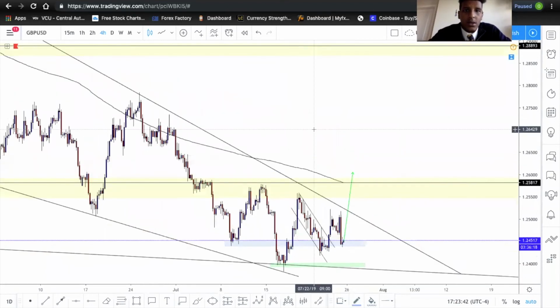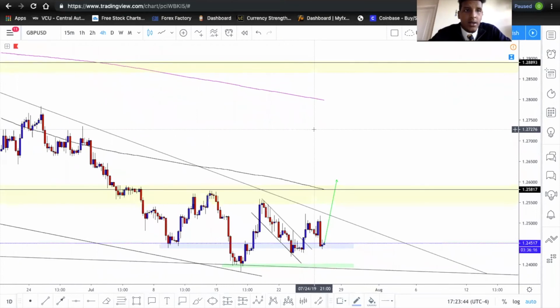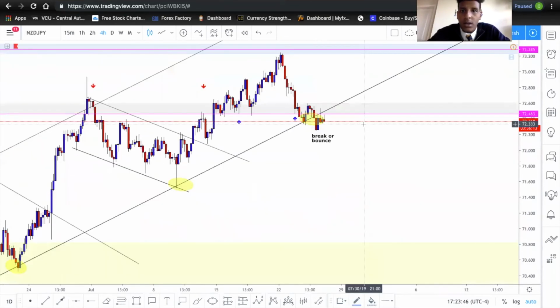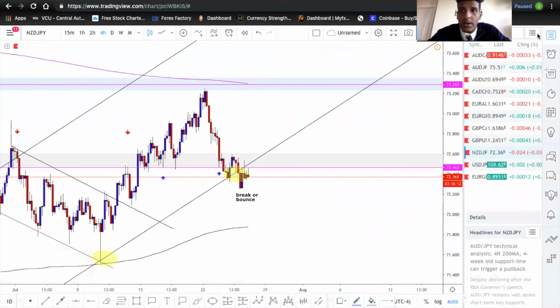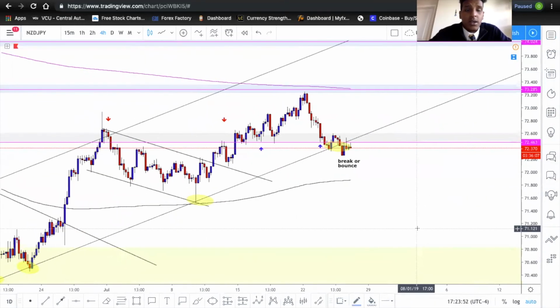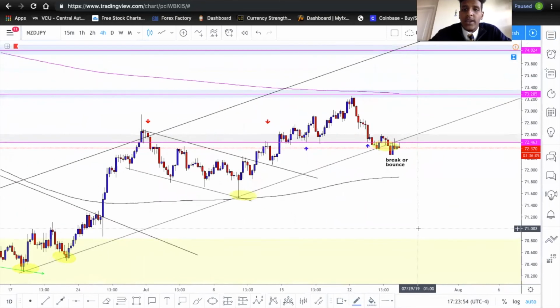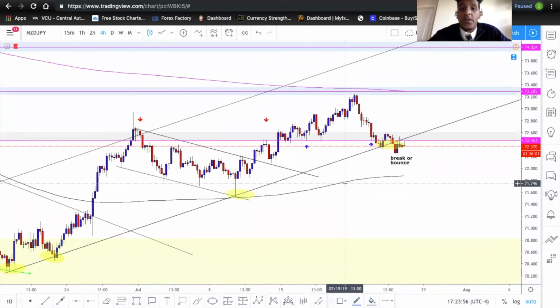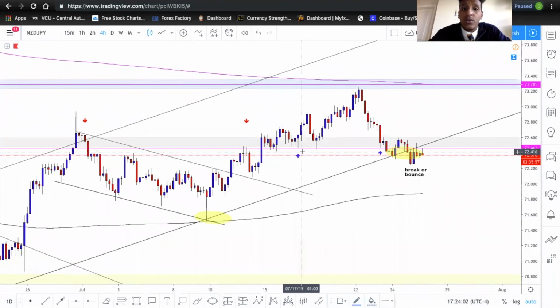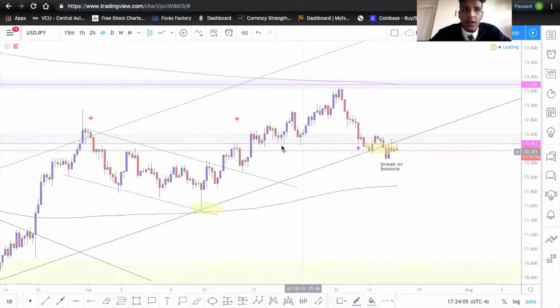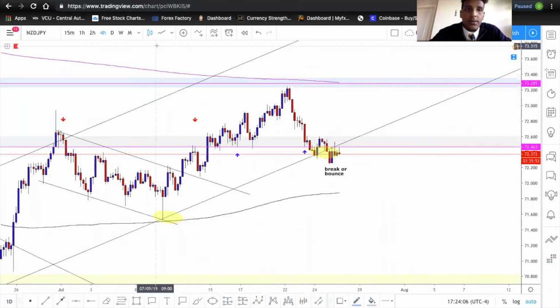So I do have my eyes set on a few, though I do have a watch list. I keep my eyes on what are some potential moves for the week, but I always write down what the moves are for the day, or what I'm looking to execute on. I always keep journals of what I am doing. And NZD,